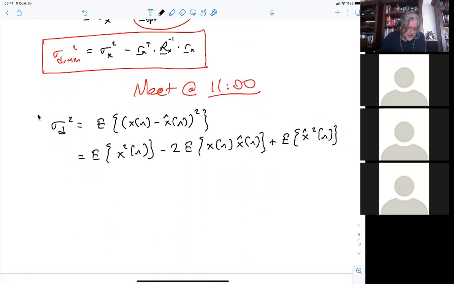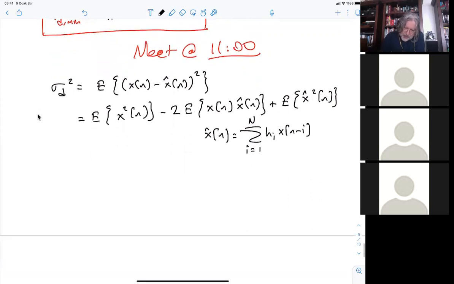Now, if you make the substitution that x hat of n is equal to the summation, let's say i from 1 to capital N, h_i x of n minus i, but these h_i's are not the optimum filter coefficients yet. They are just filter coefficients. With this substitution, this thing becomes